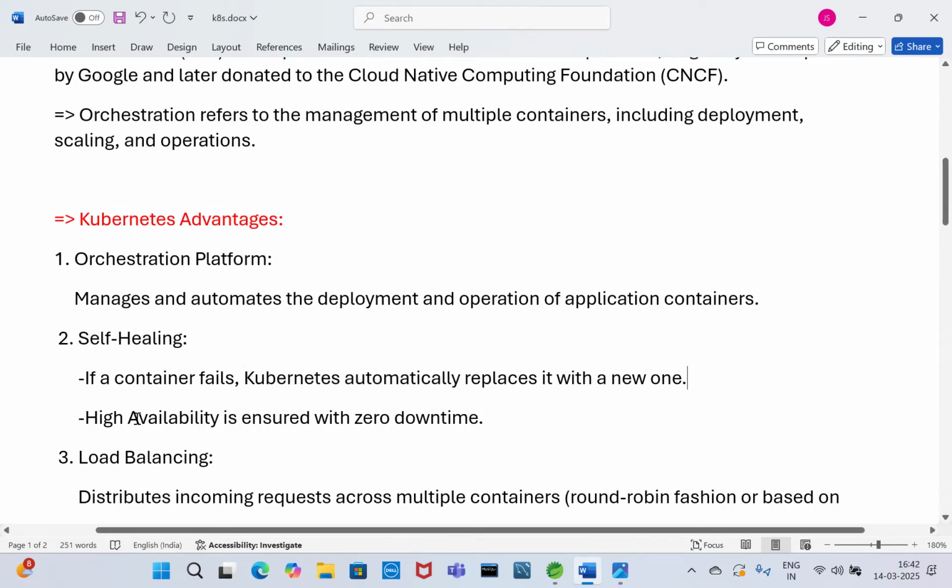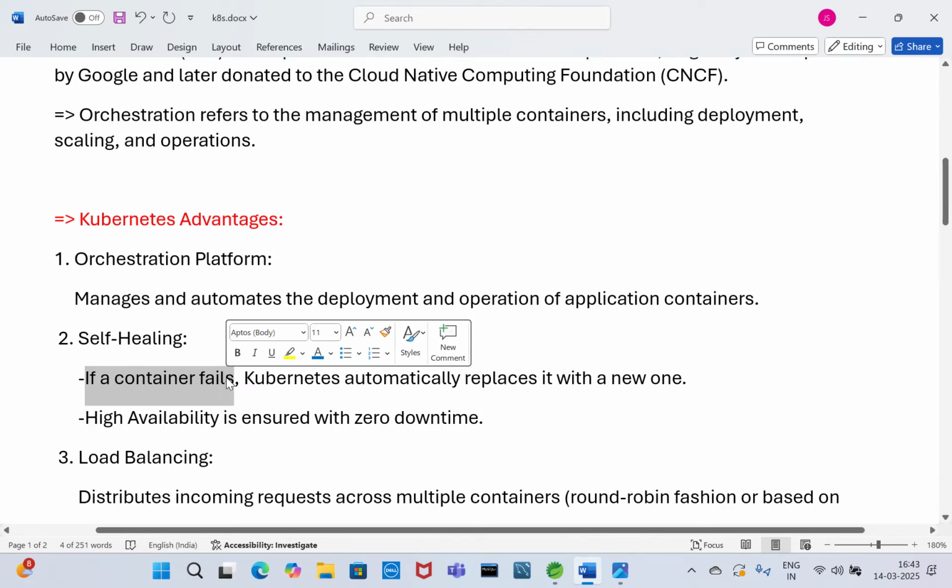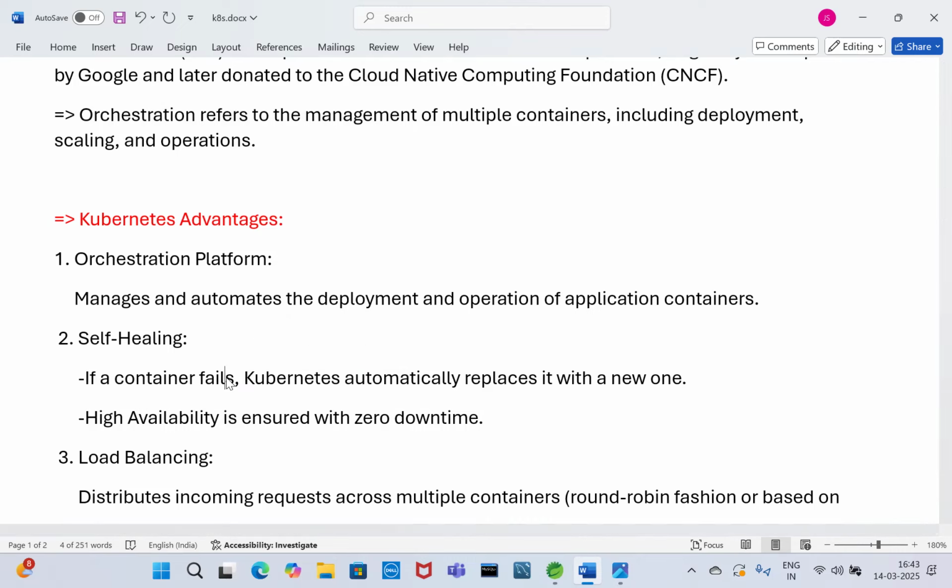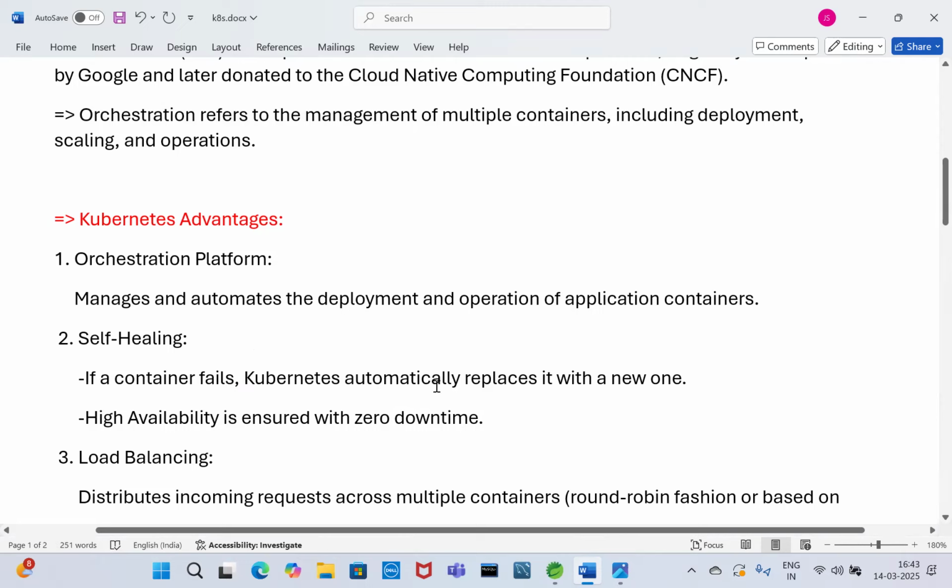High availability is ensured with zero downtime. If any container fails or crashes, Kubernetes automatically replaces it with a new one, with zero downtime.